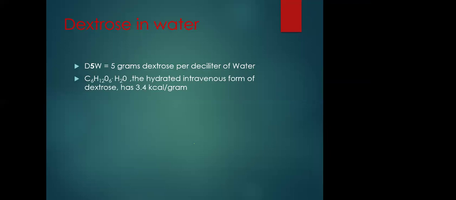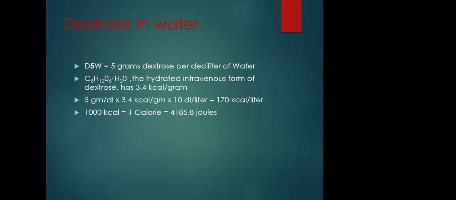And we have a compound which is the intravenous form of dextrose, and it has 3.4 kilocalories per gram. And we can have a 5 gram per deciliter solution. We will multiply it by 3.4, multiply by 10, then you can get about 170 kilocalories for every liter of this solution when it's used, and it can generate energy. So if you take that to a mathematical equation to calculate those kilocalories, they can give you about 4,185